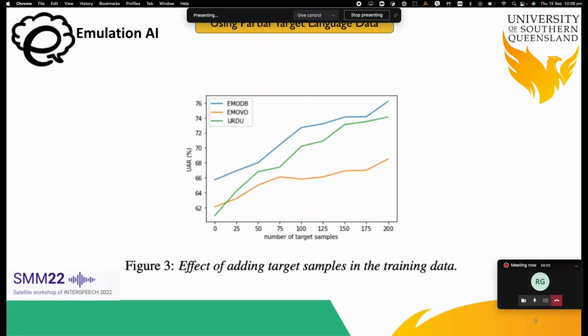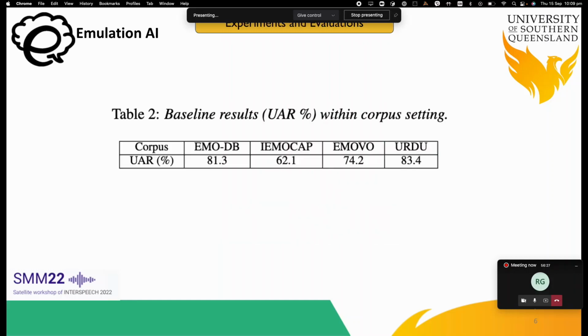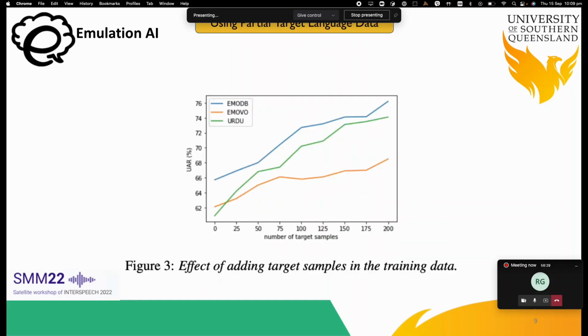The next is adding the target data. For all the previous results, we trained the model in one language and evaluated the model in another language. So we have, for example, the EmoDB, the German data. If we add some small portion of samples in the training, what is happening? If we see the figure, we are adding the number of samples on the x-axis, and our